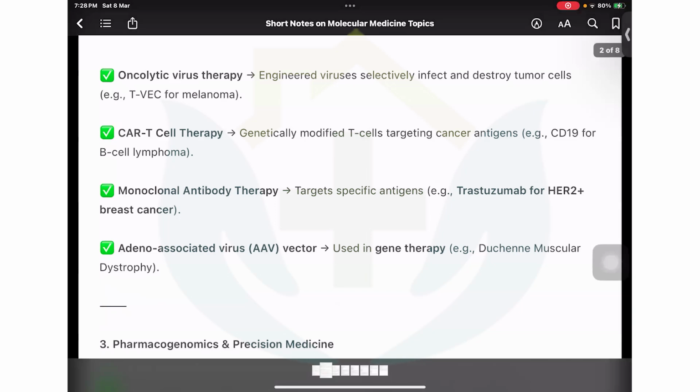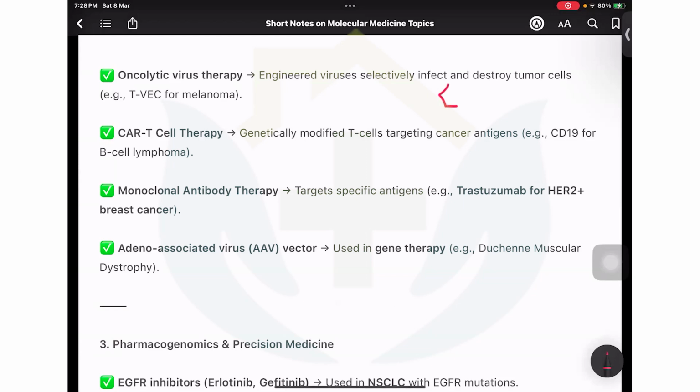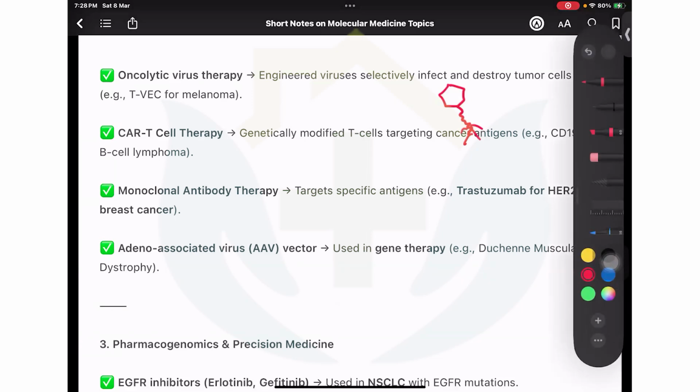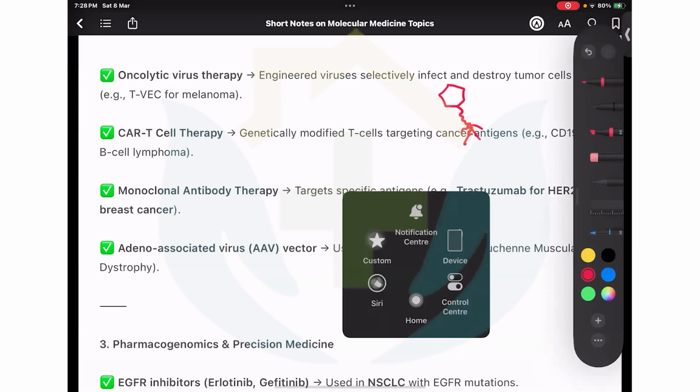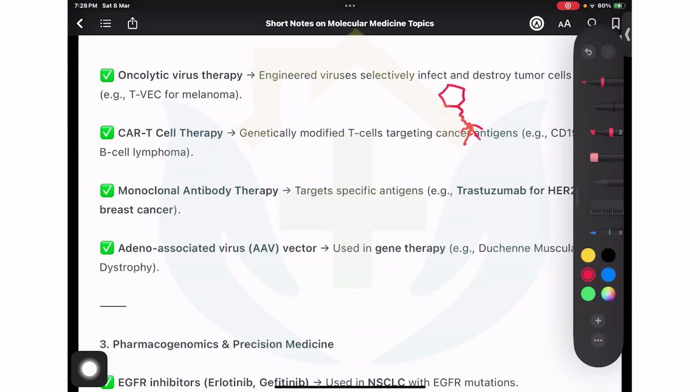Then coming to oncolytic virus therapy. Now, these are engineered viruses. You all know that a virus is like a nucleoprotein molecule. Now, this virus has a DNA inside. Now, what will happen is, for example, if we have given it to someone, and this virus has receptor only for cancer cells. For example, this is the cancer and this is the receptor. So this virus will go and attach here,